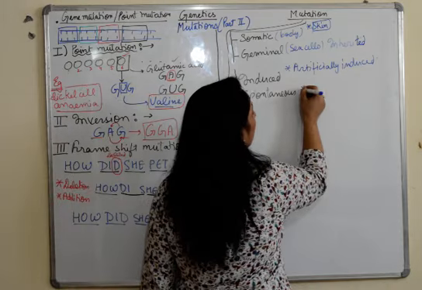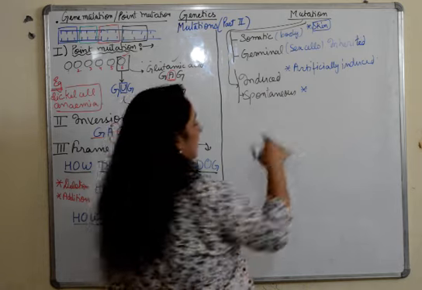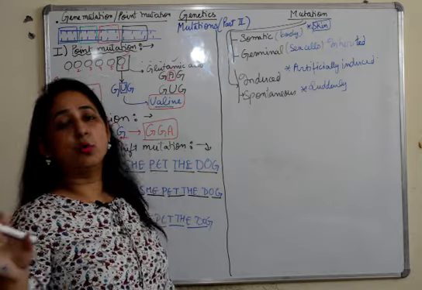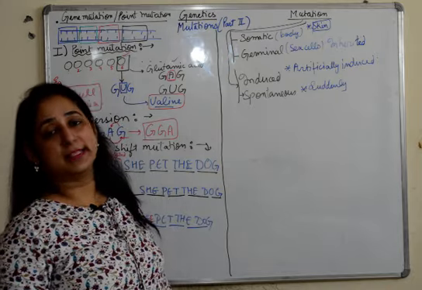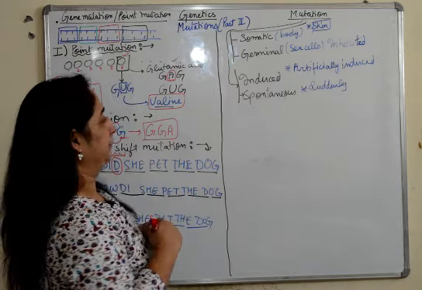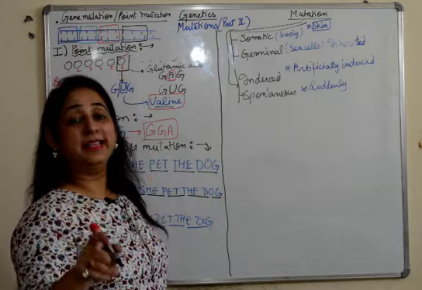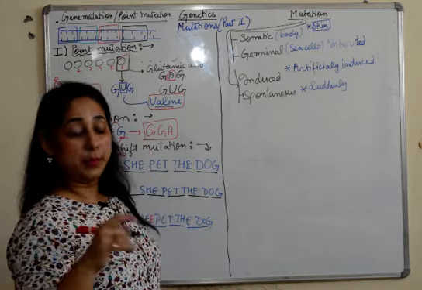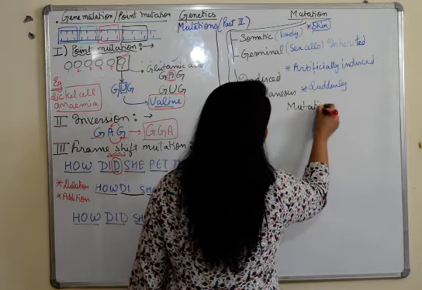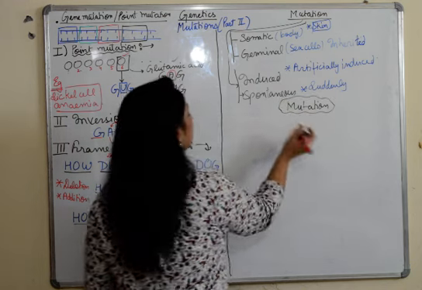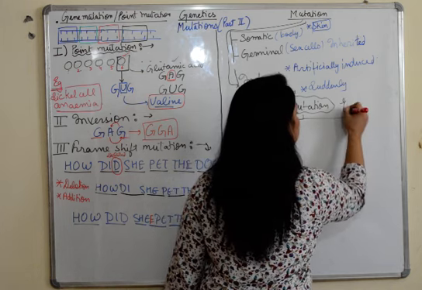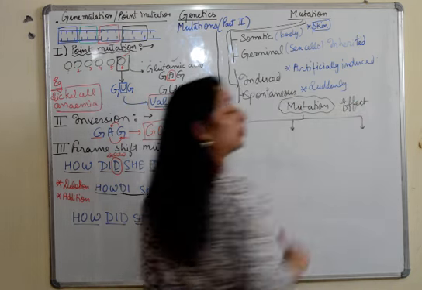Spontaneous, in which we are not involved, it suddenly takes place in nature. It suddenly occurs in nature. There is no role of any human being in inducing this type of mutation. It is there in nature, occurs due to any change naturally. Then we have the third type of division of mutations, which is a bit different from the ones which we have done. That is on the basis of result produced, or you can say on the basis of effect produced.